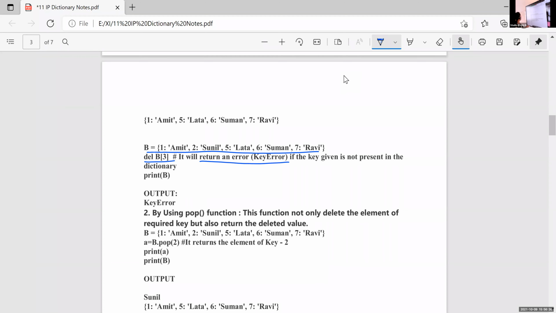So if I'm trying to delete a key or value that is not in the dictionary, it will make an error. Here I'm trying to delete a value with key 3. There is no value with key 3. The keys included are 1, 2, 5, 6, and 7. There is no 3, so it will return an error.